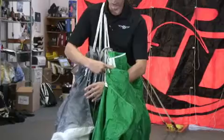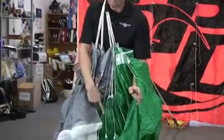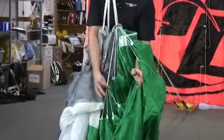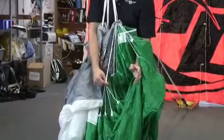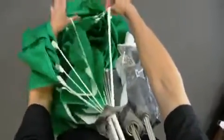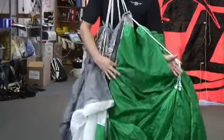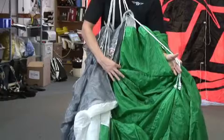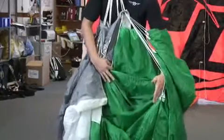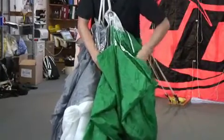These are the steering lines, which is on the tail of the canopy, and I'm just going to lay them on my forearm here while I look down into my pack job. These 4 lines are almost always the easiest one on a 9-cell canopy. They're almost always the easiest one to find, but there is a 5th line right here that we don't want to forget about. While I'm pulling these off to the side, I'm also keeping the C lines in place, and then I'm just going to, about halfway through these 2 line attachment points, make a crease in the material there,